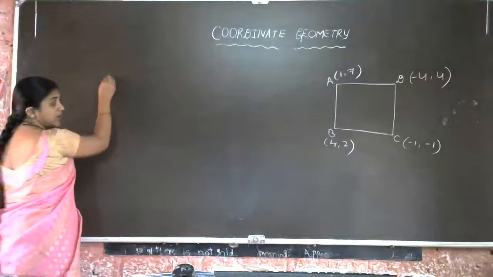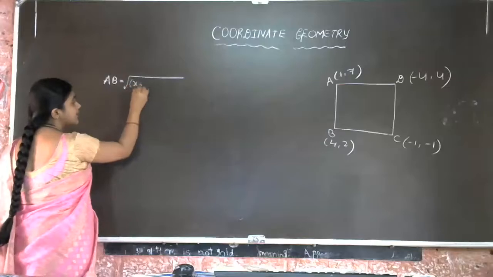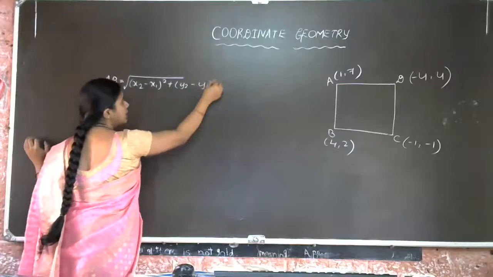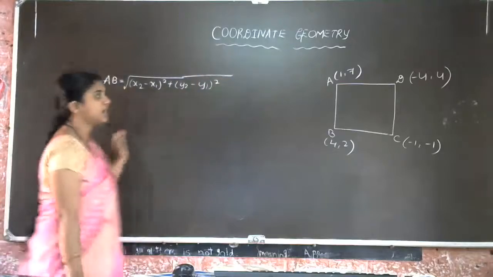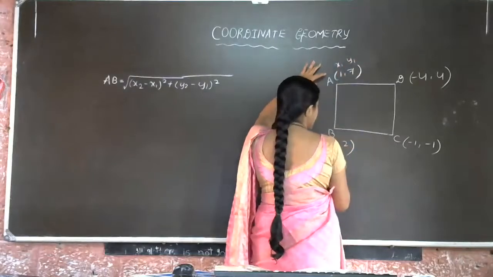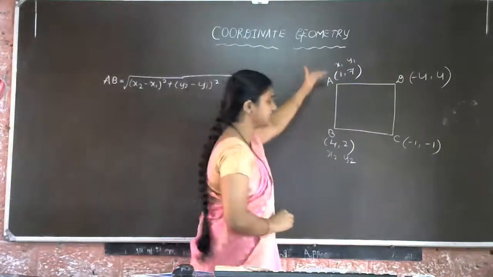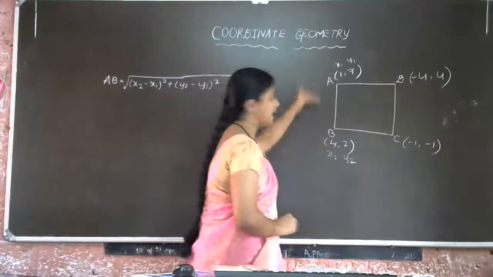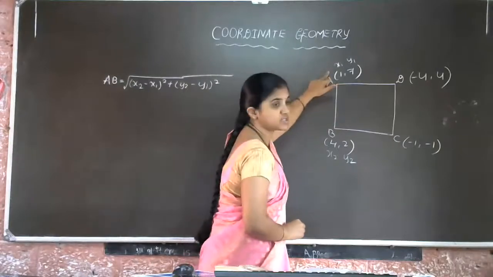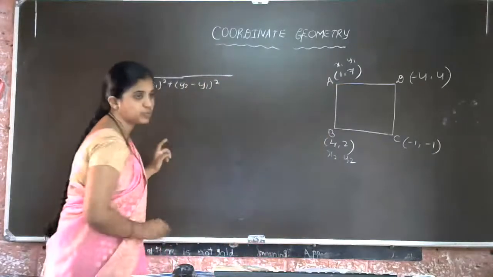So to get the AB side, we have to apply the distance formula, that is AB is equal to square root of (x2 minus x1) whole square plus (y2 minus y1) whole square. Got the idea? Now you just take this point as x1, this is y1 and this is x2, this is y2. Now you can take the reverse also, but we'll go with the order. First we are going to find the distance of AB, when the coordinates of A and B are given. A is (1, 7), B is (4, 2).